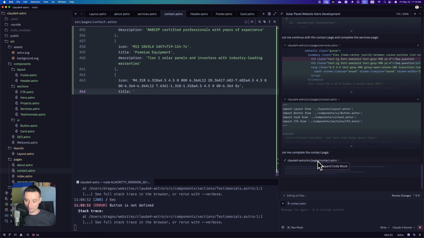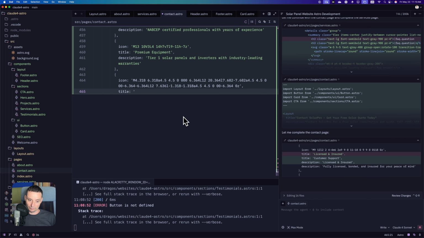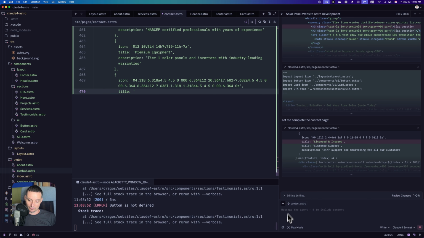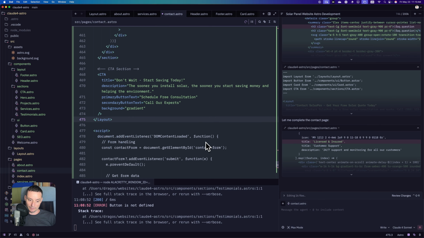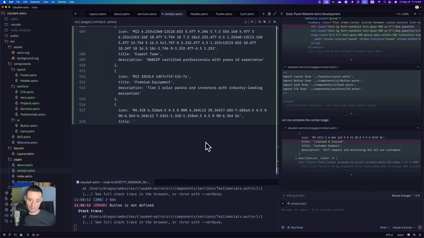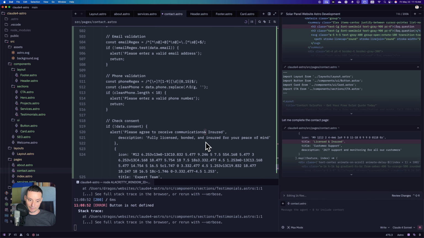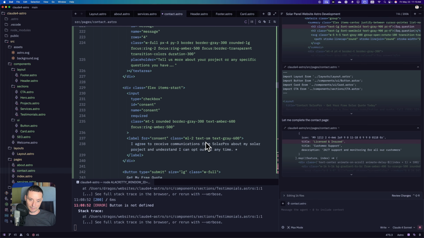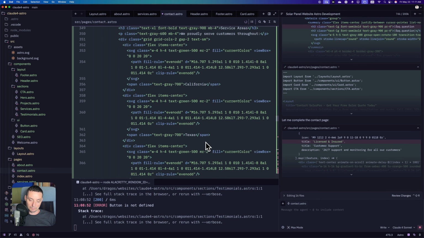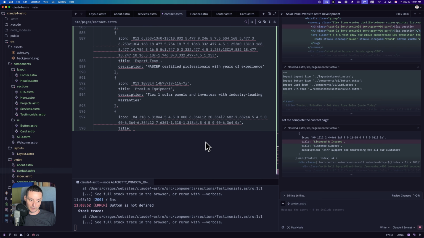Again, it reached the limit and it will continue. I hope it didn't mess anything in here,